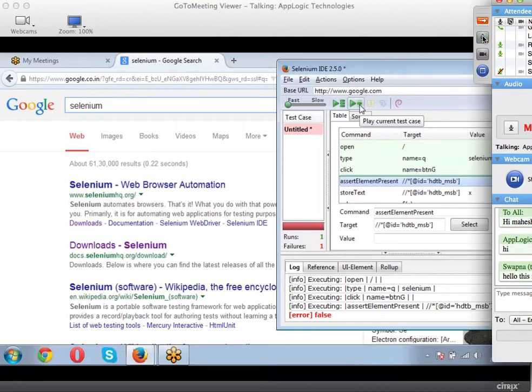There was a synchronization issue, that's why it's throwing up a message. Am I clear so far for everyone? Yes, Mahesh. It has thrown me an error false message and it's not going further. Now instead of assert, I'll change this command to verify.